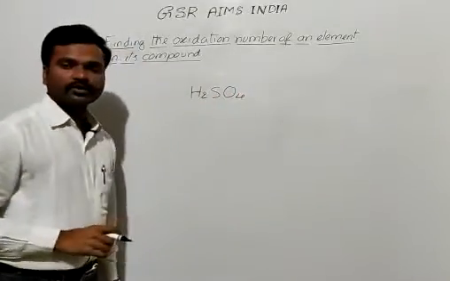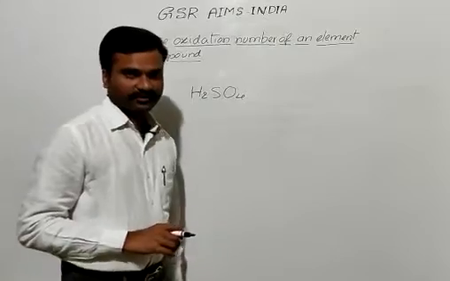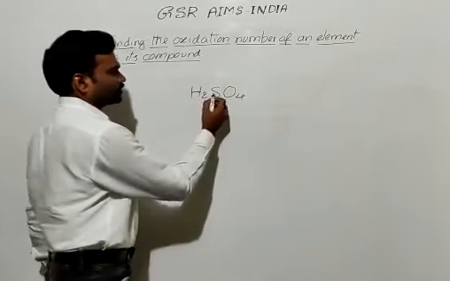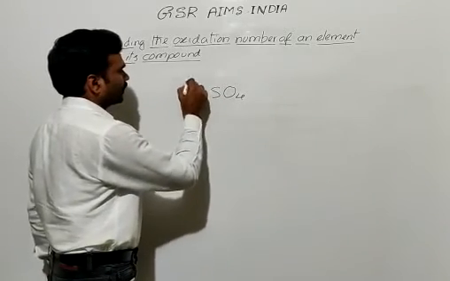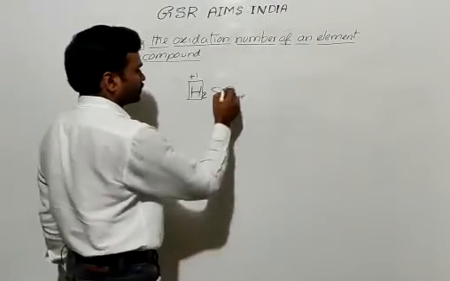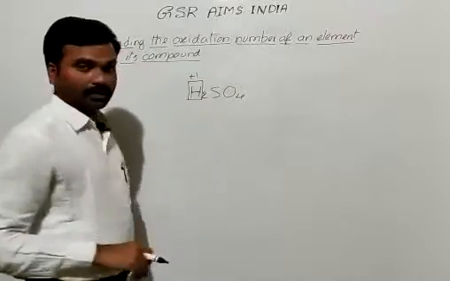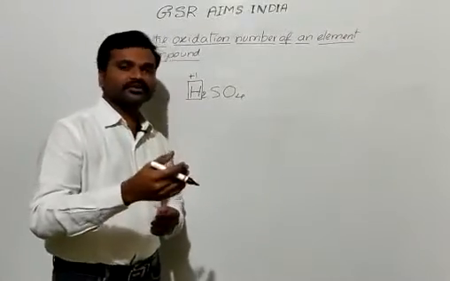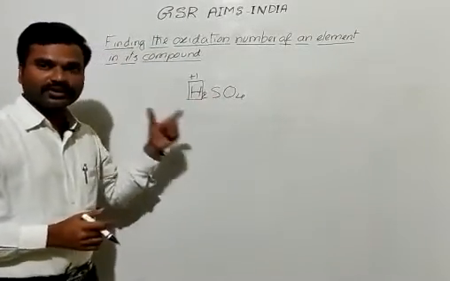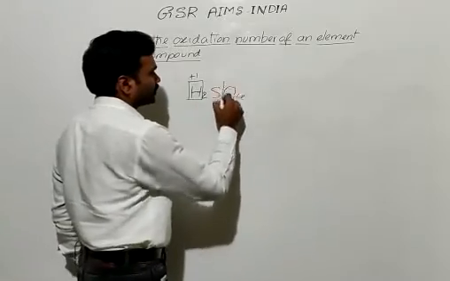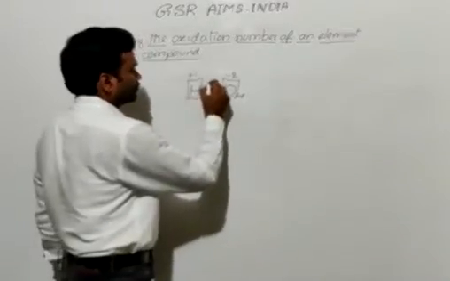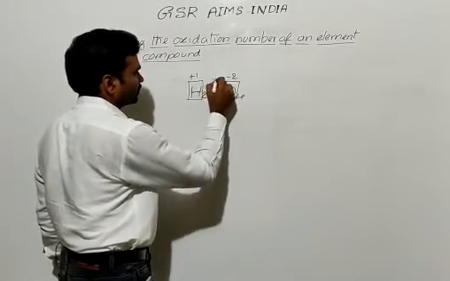If it is asked to calculate the oxidation number of sulfur in sulfuric acid, because sulfur shows different oxidation numbers based upon the compound, let us find the oxidation number of sulfur. As we know, hydrogen shows +1 oxidation state as it belongs to the first group, and it is combining with non-metals here. When hydrogen combines with metals, it exhibits -1 oxidation state. In this compound, all are non-metals, so the oxidation number of hydrogen can be considered as +1. And for oxygen, the oxidation number is -2. Now, for sulfur, we are going to calculate. Let us consider this as X.